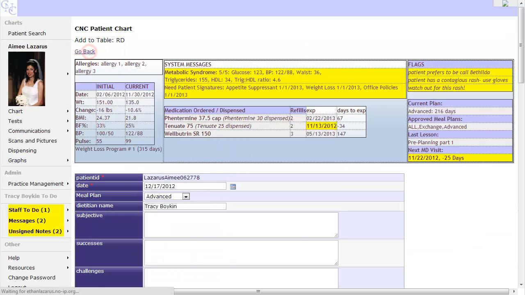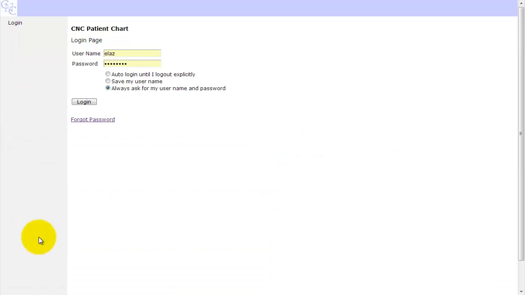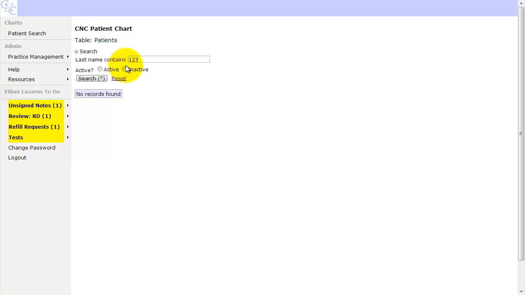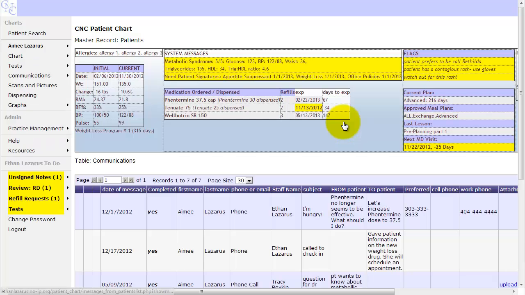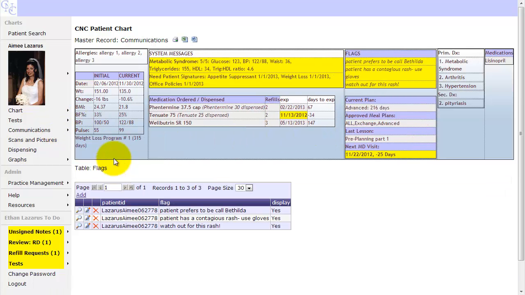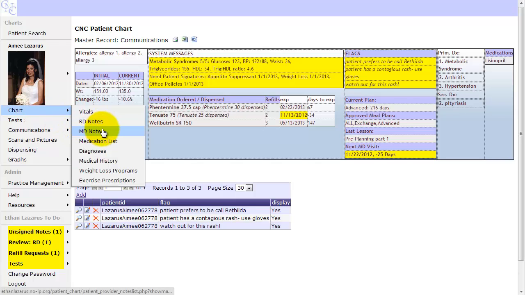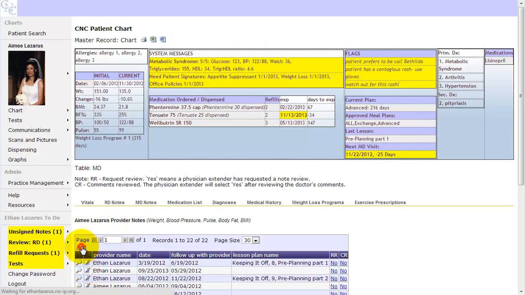And similarly, if we're logged in as a medical provider, so let me log out and log in as a medical provider. Pull up the same patient. Go back to communications. Go back to flags. Oh, excuse me, we're supposed to go to charts, MD notes, I'm sorry. Going back to MD notes. And if we're adding an MD note,